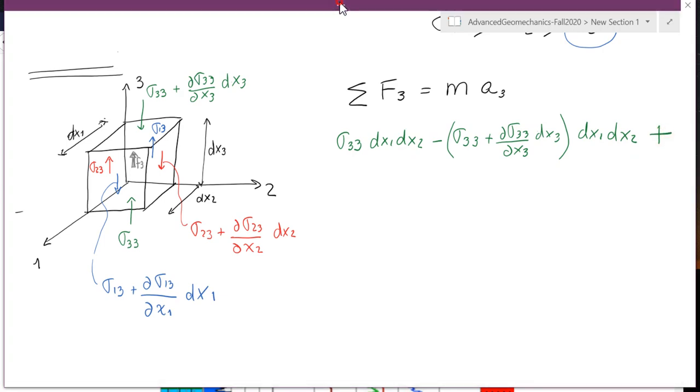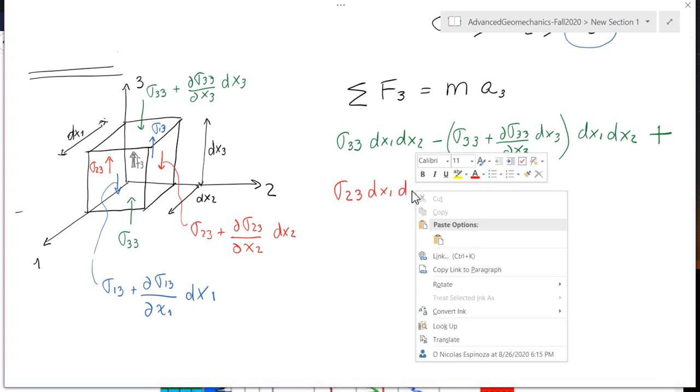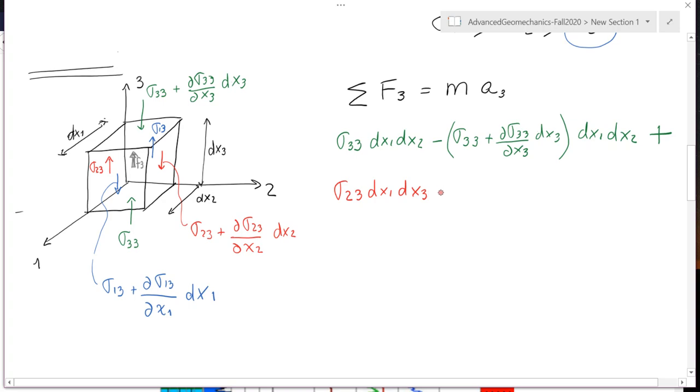Now let's add the shear stresses. Same thing with the shear stresses. Sigma 23 now is applied on face number 2, and this area depends on dx1 times dx3. On the opposite side, I have the other stress going in the other direction with its infinitesimal variation, again times the area of the face, and I have one more shear stress to add, that was in blue, sigma 13, and the area of that is